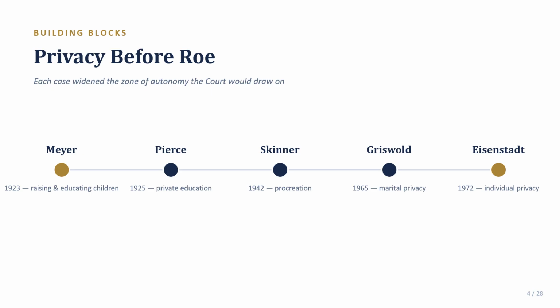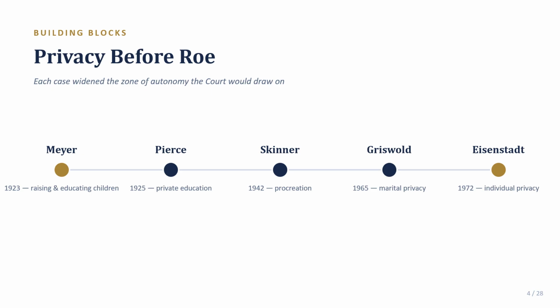So the court's language here is definitely worth remembering, near verbatim, because it becomes central to Roe's reasoning the very next year. And that is, if the right of privacy means anything, it is the right of the individual, married or single, to be free from unwarranted governmental intrusion into matters so fundamentally affecting a person as the decision whether or not to bear or beget a child. Okay, so keep that in mind.